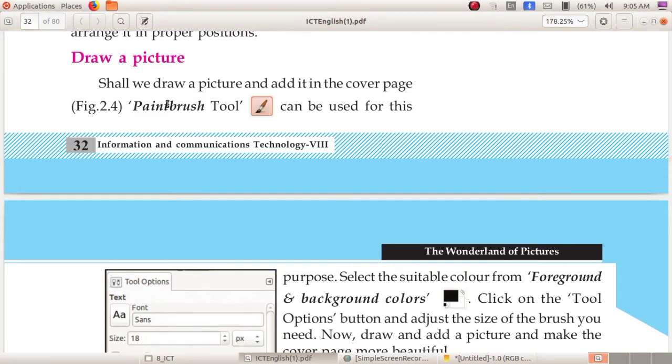Dear children, you want to keep in mind with the tools we are using. Okay. Paint brush tool is used to draw the picture in the cover page. Text tool is used to type the text. Then move tool is used to move or change the position of the text or background or any object. Okay. Then foreground and background colors is used to give the colors. Then scale tool is used to resize the object.